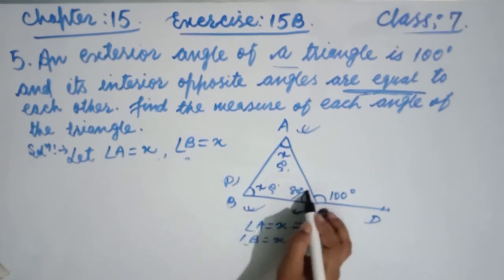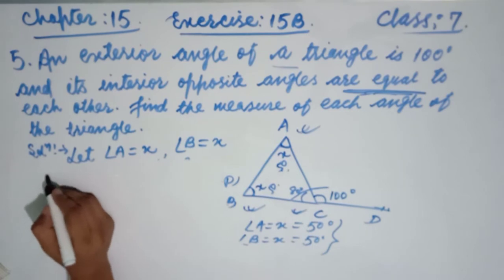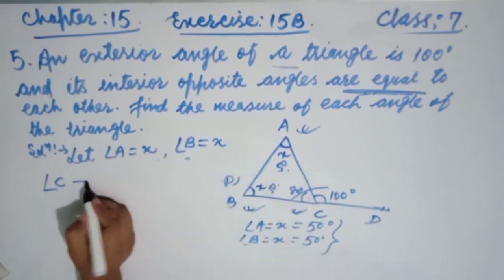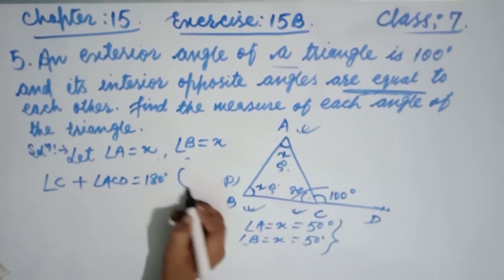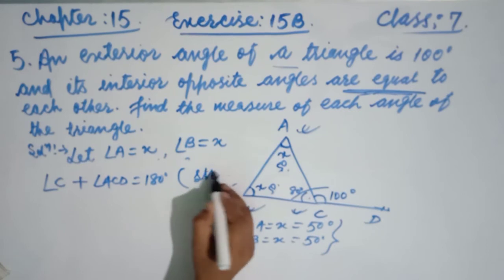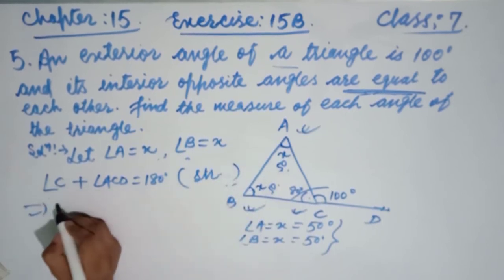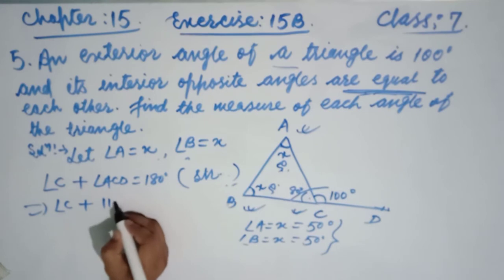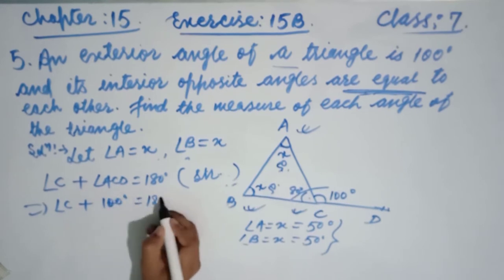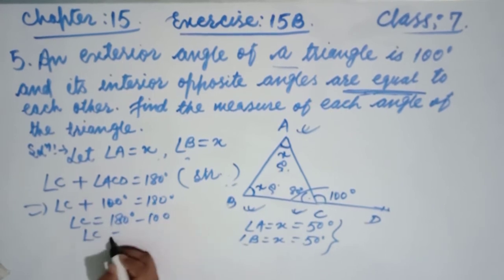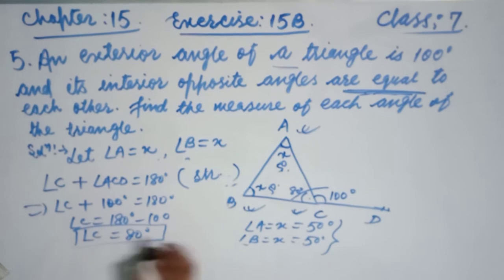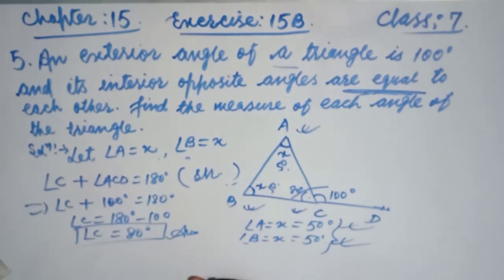This is, friends, a straight line. Okay, this is the straight line. Now friends, angle C, this interior angle C, plus angle ACD is equal to, friends, 180 degree, because this becomes the supplementary angle. This is a straight line, friends. Now we have found angle ACD is equal to 100 degree, and this is 180 degree. So angle C is equal to 180 minus 100. So this angle C is equal to 80 degree. So this is your answer. Okay, I have angle A 50, angle B 50, angle C is 80 degree.